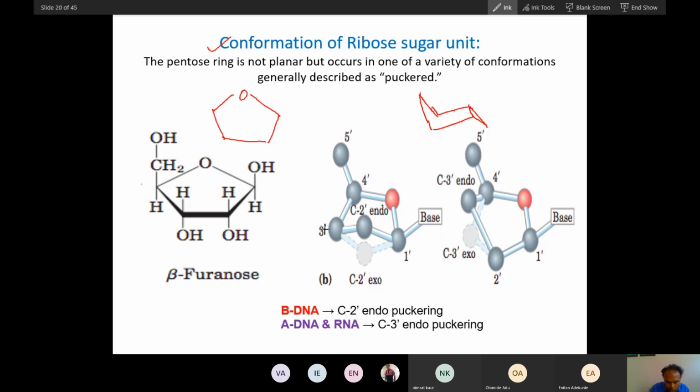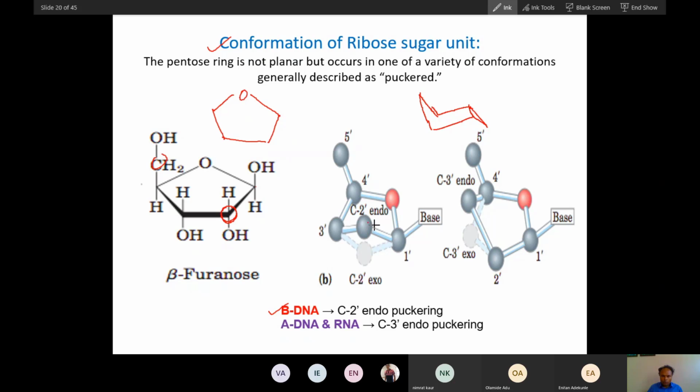This is not very straight, so what happens is some molecules come in towards the plane of this, where this 5 carbon exists. So if this second carbon, this is first carbon, second carbon, folds towards this 5 carbon, this is called endo. When it goes away, this is called exo configuration. Now in DNA, especially B-DNA, there is puckering. Folding, intrusion or extrusion is called puckering.